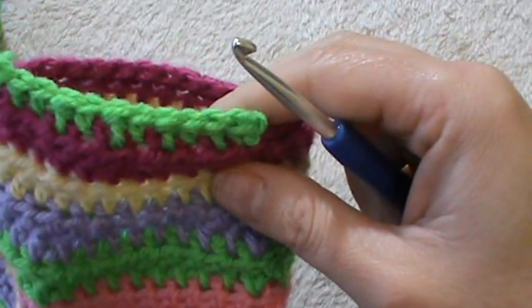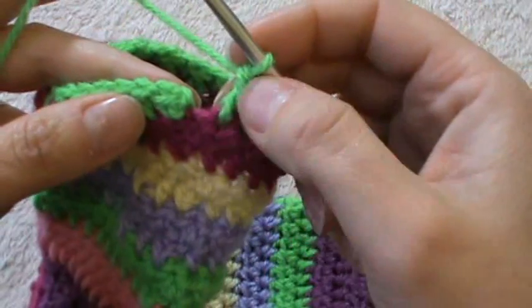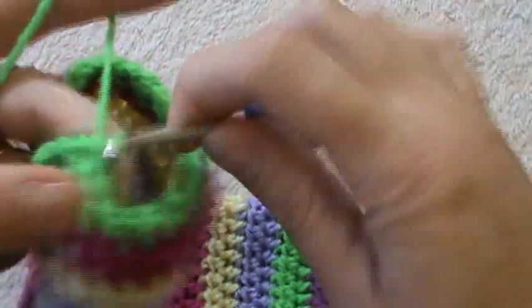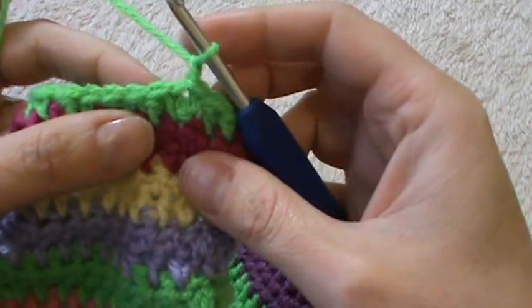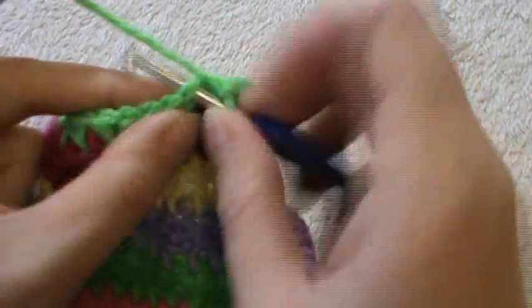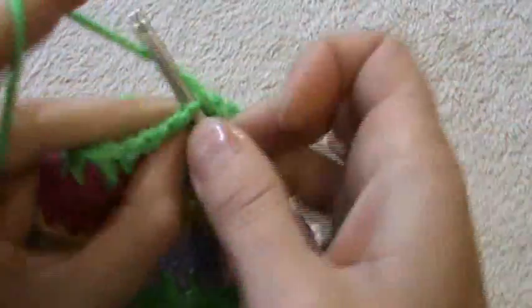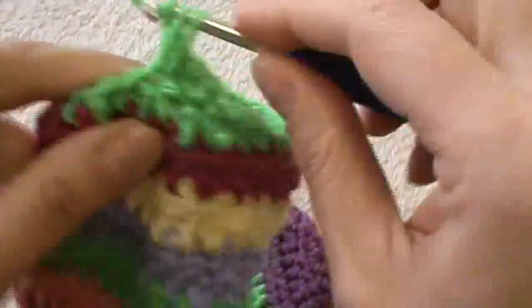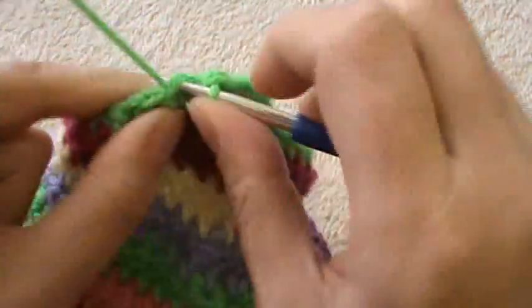So I will finish this round, and then I will show you how to go on to work this little pattern here, little stitch here. So I finished my first round. As I said, I finished it with a double crochet. Now insert the hook into the first single crochet made, slip stitch, chain 1, and from the second round we will work like this, only into the double crochet, a single crochet and a double crochet. So we will skip every single crochet and we will work only into the double crochet, one single crochet, one double crochet, skip the single crochet and into the next double crochet, one single crochet, one double crochet,